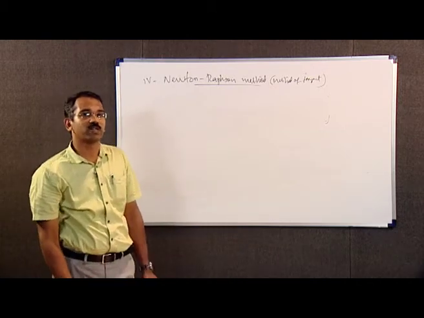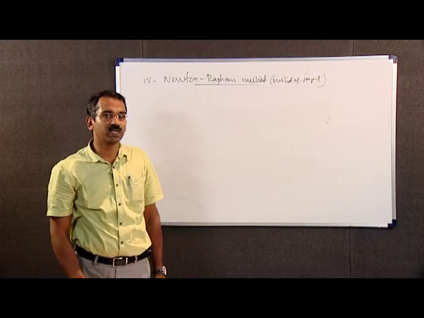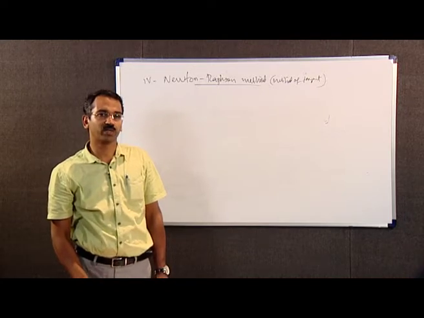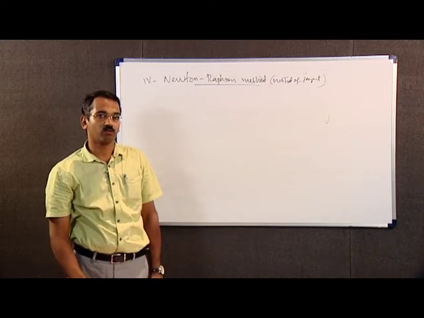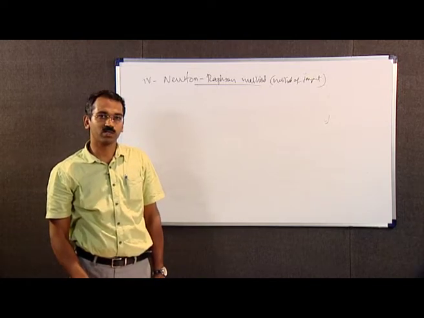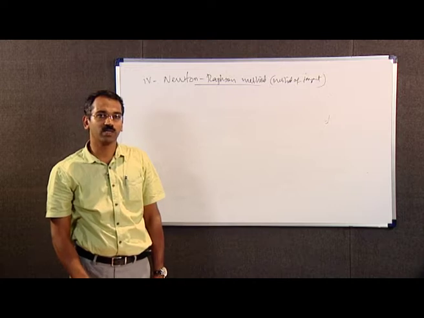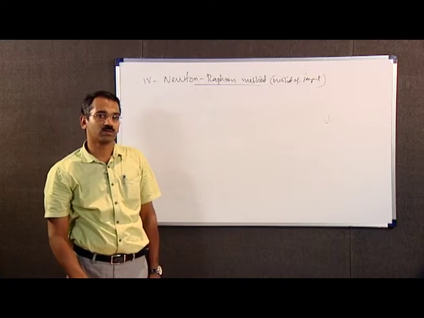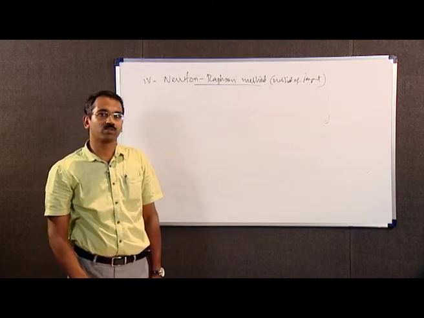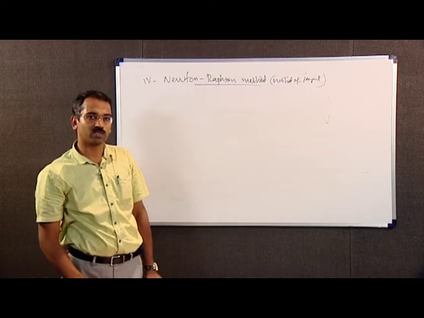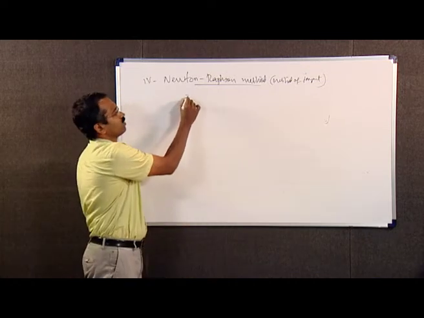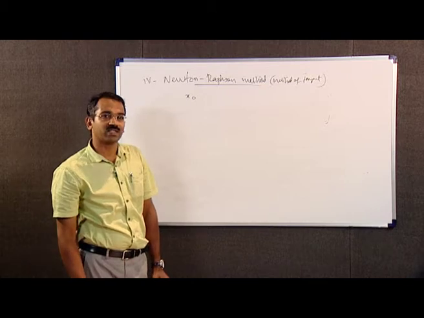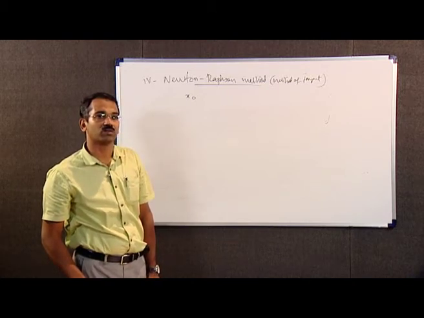When the derivative of f of x can be easily found and is a simple expression, the real root of the equation f of x equal to 0 can be computed rapidly by the Newton-Raphson method. When an approximate value of a real root of the equation is known, a closer approximation to the root can be obtained by an iterative process. Let x naught be an approximate value of the exact root of the equation f of x equal to 0, and x1 be the exact root closer to x naught, so that